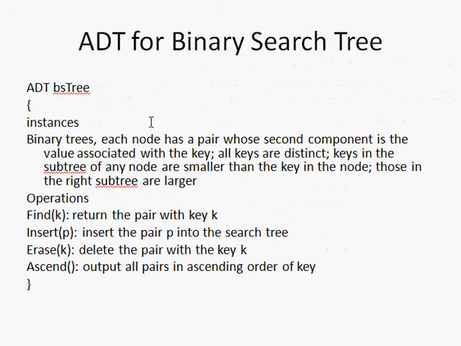If the keys are not distinct, we can call it a binary search tree with duplicates. I repeat, duplicate is a concept wherein you can afford to have 2 keys the same. Here, this is the situation wherein we will not consider duplicates. So the instance is clear: it is a node with 2 elements. Each instance of this node has 2 components. The first component you call the key and it should be distinct, and the second component you call its value, which is the meaning of that key.